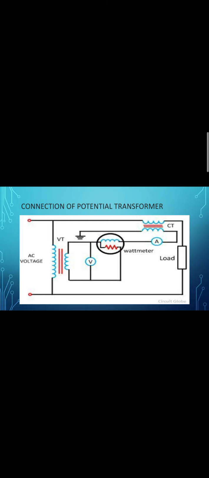The basic function of the potential transformer is to step down the voltage. The voltage to be measured is applied across the primary winding, which has a very large number of turns. The secondary winding, which has a very small number of turns, is coupled magnetically to the primary winding. The turn ratio is so adjusted that the secondary voltage is 110 volts when full rated primary voltage is applied to the primary. Potential transformers are used to operate voltmeters, the potential coils of wattmeters, and relays from high voltage lines.